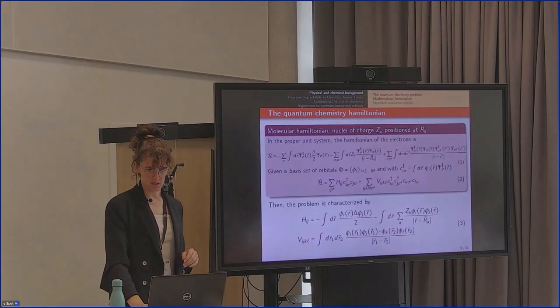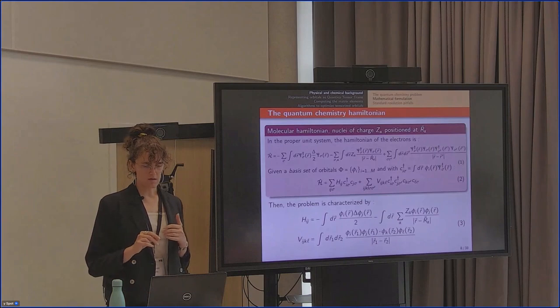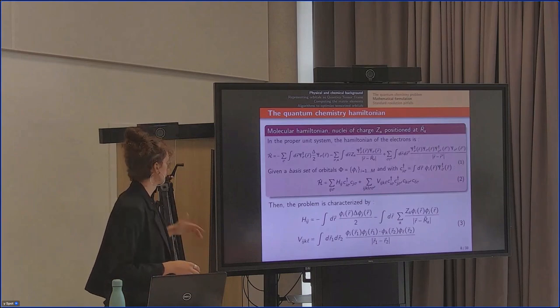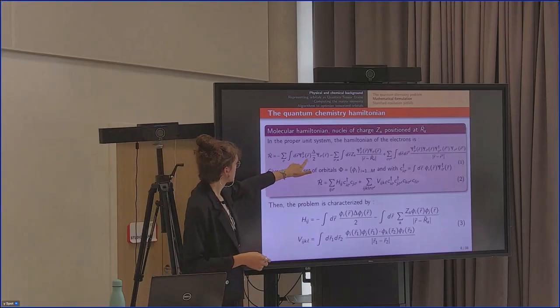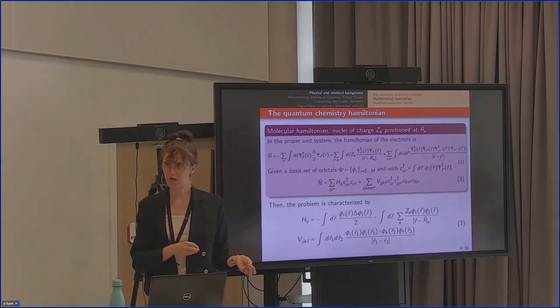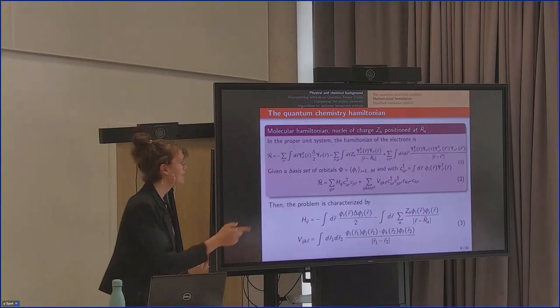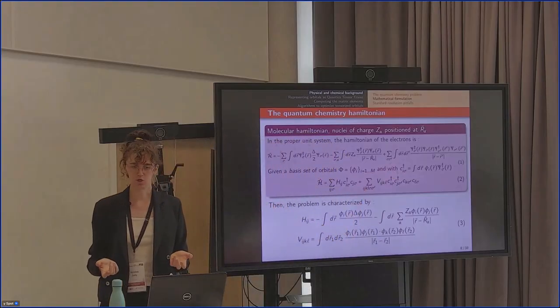So now we have to get into the mathematics of it a little. And this is the Hamiltonian. So, okay, it looks a bit messy, but we find all the parts that we expect. First part, kinetic part of the electrons. Then the interaction of the electrons with the nuclei, which is simple Coulomb potential. And the final term is the more complex term, which is the electron-electron interaction.